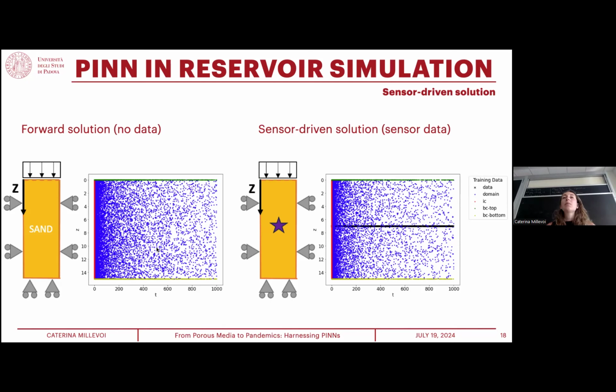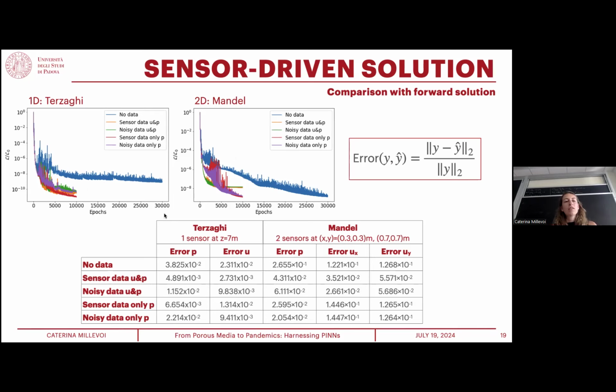Here, the plots on the top correspond to the loss function behavior during training for the two benchmarks considered. The blue one is the vanilla traditional forward PINN, while the colored ones are the ones with the sensor-driven framework that we propose. And you can also see the errors in the table at the bottom,